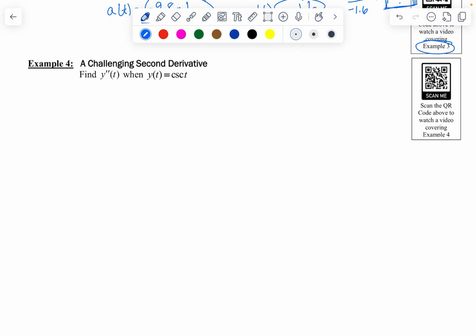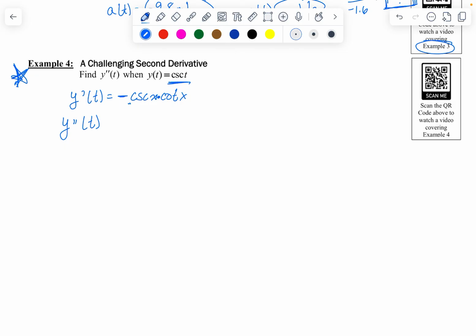A challenging second derivative. I'm going to leave this one for you guys. It's not something that we often see. No, actually, it is. Because it's not that challenging, right? You know that the derivative of cosecant of x is going to be negative cosecant of x cotangent of x. So then the second derivative, I'll let you guys do that, of the first derivative